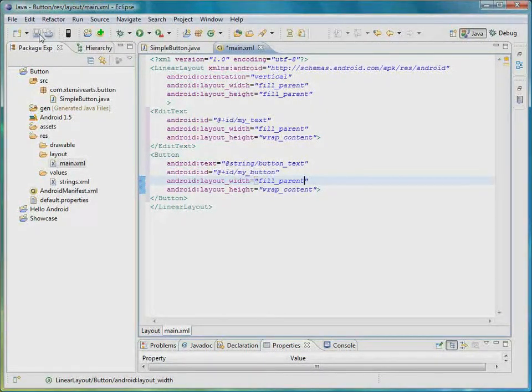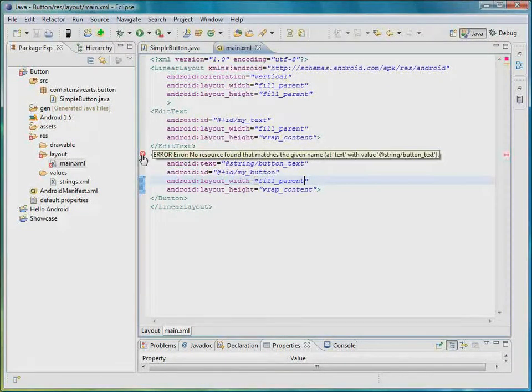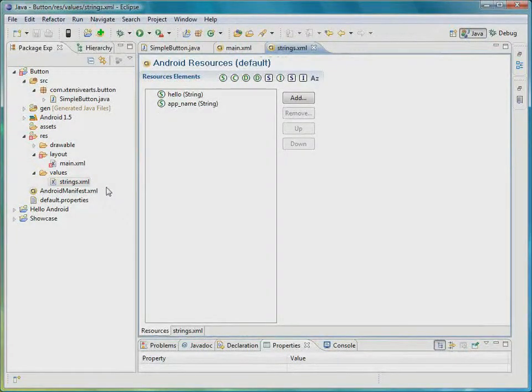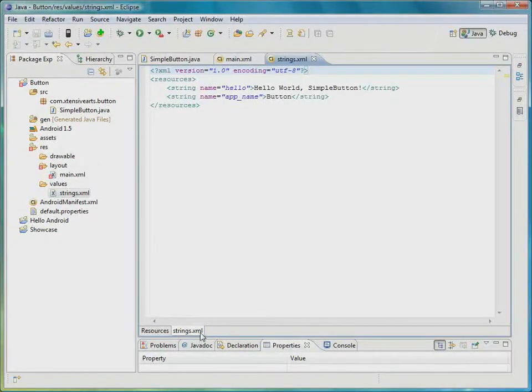Alright, now I'm going to save that, and now we're getting an error actually, which is perfectly normal because it says there is no resource matching the name button text. And so we have to create that resource now, and we create it in the strings XML, and I just switch that graphical user interface and go straight to the strings XML file. And here you can see the strings that were already predefined by the application when it